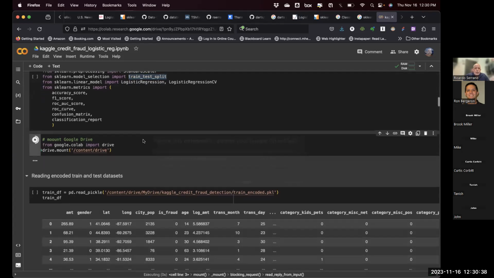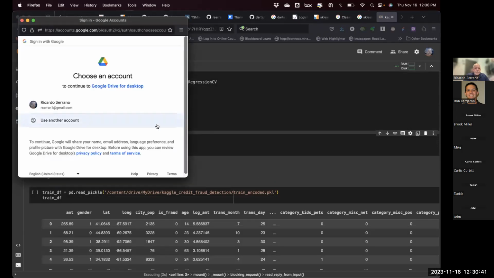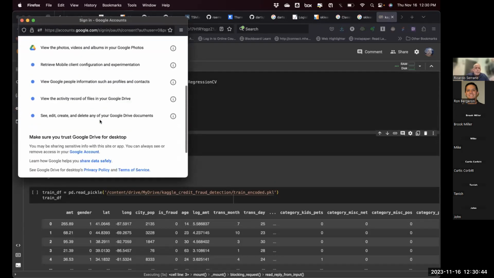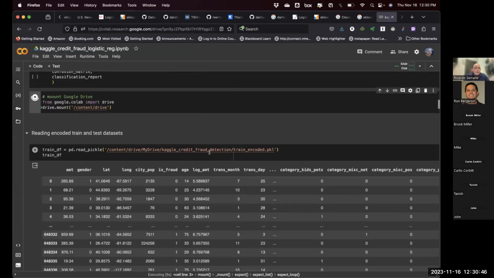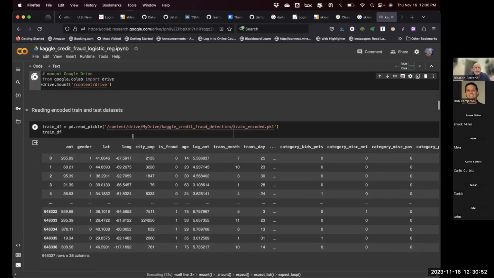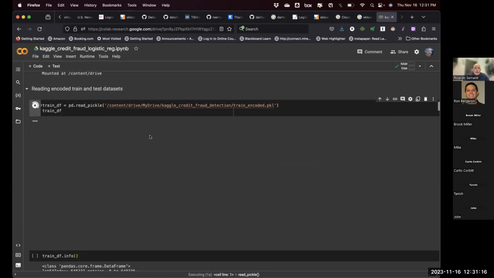Let's mount the Google Drive. Okay, it's going to ask me certain things here. Okay, I think we have shown this before. And then we're going to be reading our train and test data set. Okay. And this train and test data set already has all the features that we have been talking about in the previous sessions, and is almost ready for modeling. The only thing that we're going to do is scaling that data set, which is not in the feature engineering process. Okay, so we're going to read our training data set,